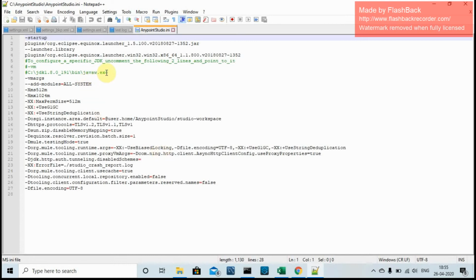First of all, this is the first one, the VM. It comes automatically, either the Studio ini comes with the JDK, or if it gives any error while launching Studio, like the JDK version is not available, then you have to uncomment this particular line and point it to your Java home directory and locate javaw.exe.